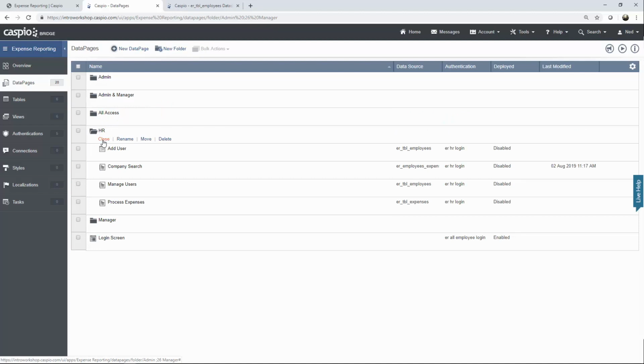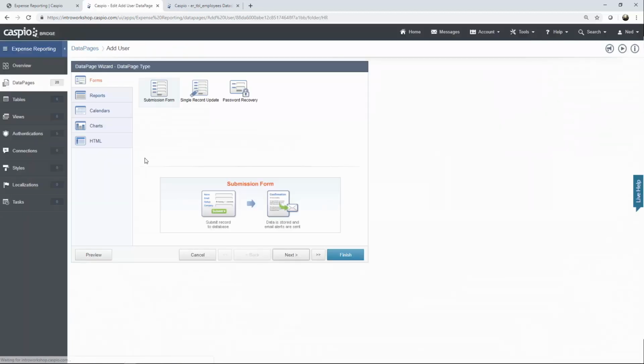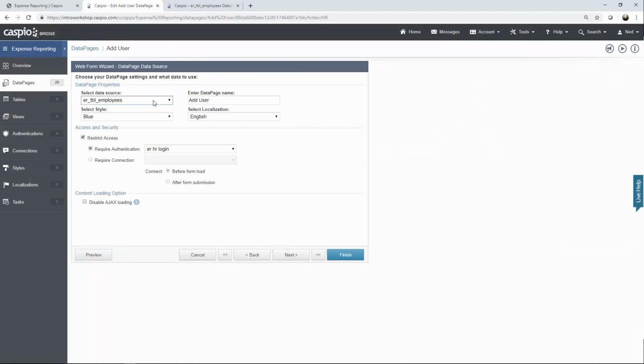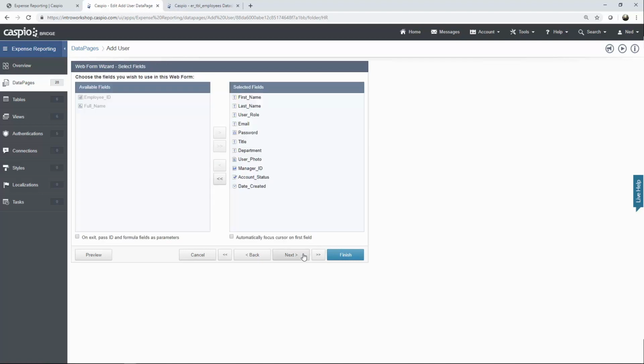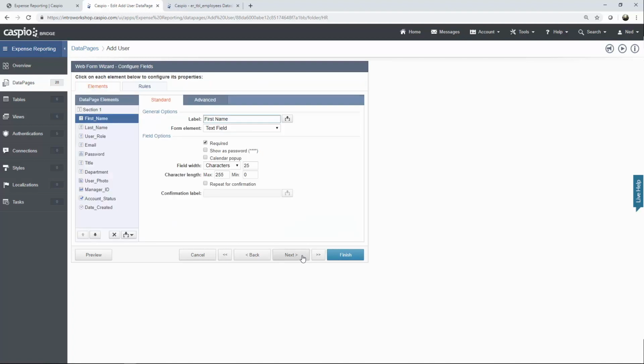These are going to be very quick to build. As an HR level user, I should have the ability to add a user. So go ahead and click on new data page. I'm going to click edit. Use a submission form. I'm using the data source employees because that's where we need to store all the employee information. Make sure you use the HR login only because only the HR will have the ability to add a user. Include all of your fields to the right,